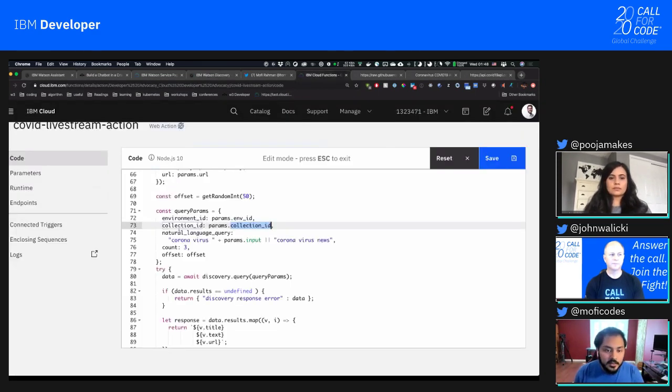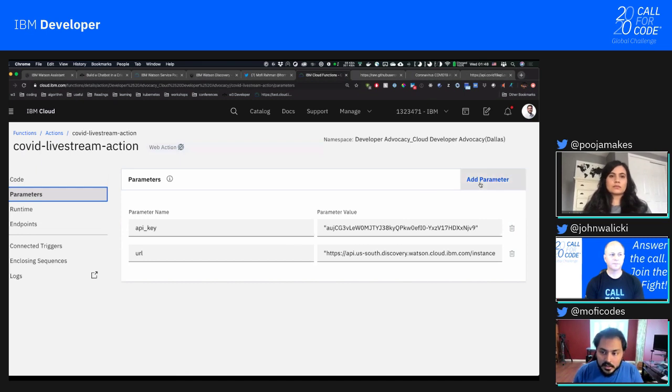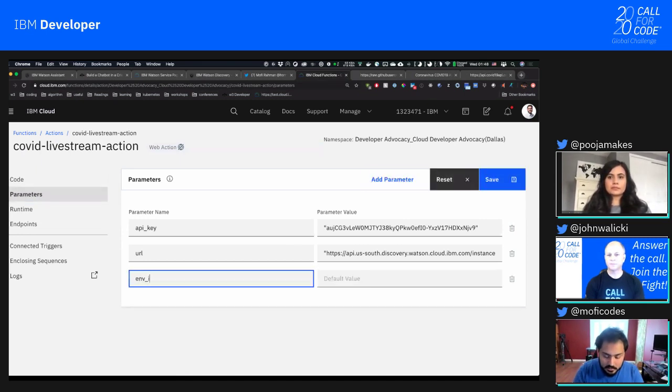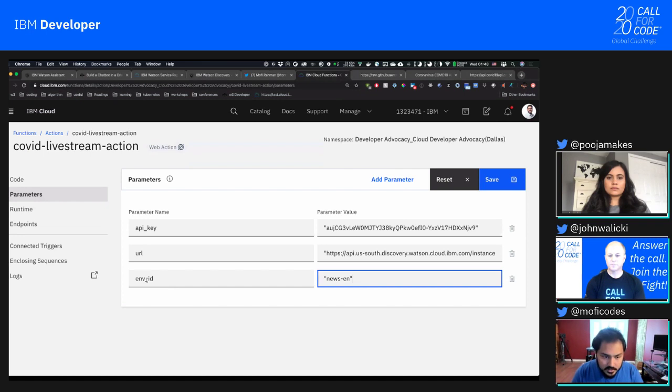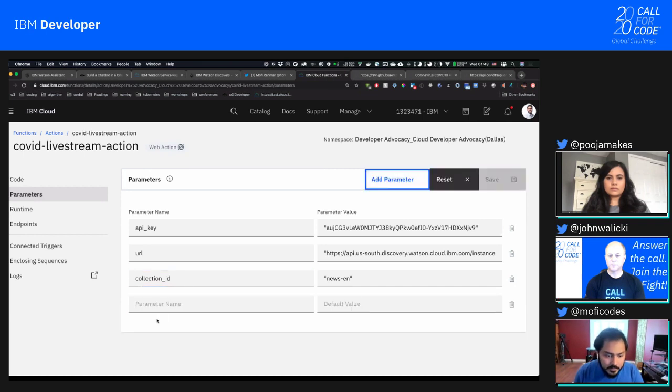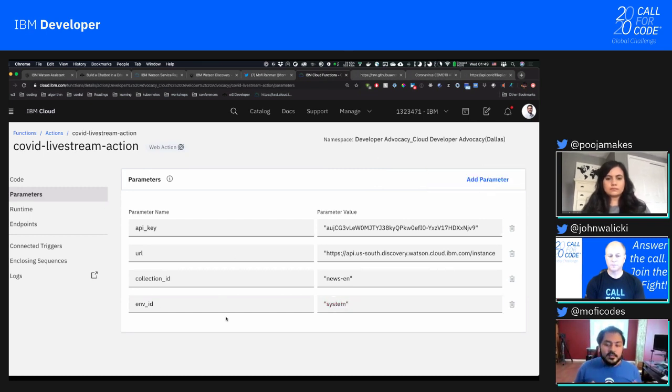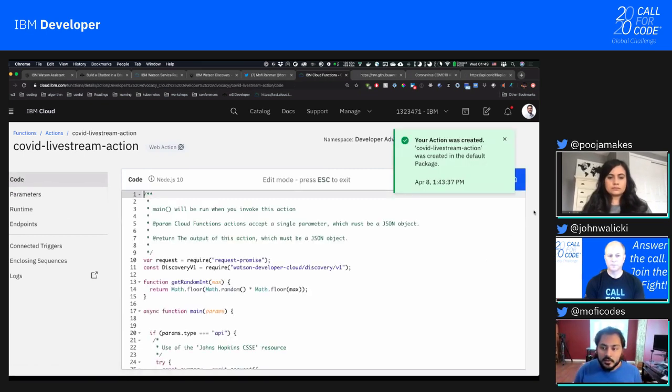So I'll copy those. I will go to the parameters, and I think I switched them. Okay, hold on. Nope, I'm still good. So collection ID is, no, I did switch them. So this is collection ID. And I also need env ID, which is system. Okay, so with these four parameters, we are actually ready to test our